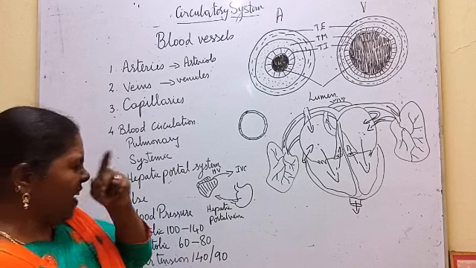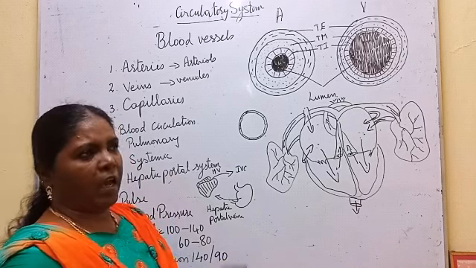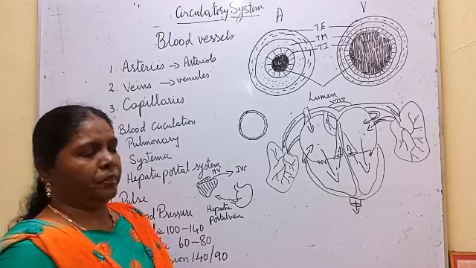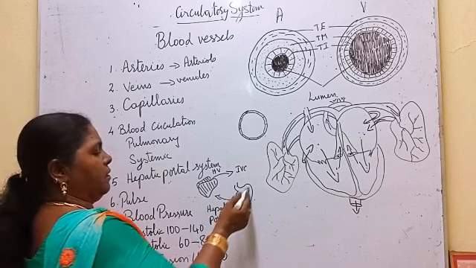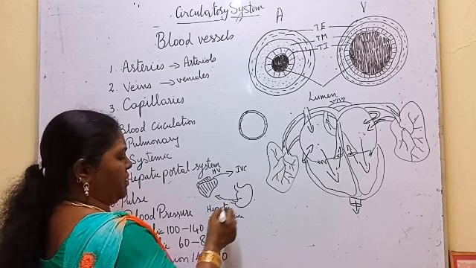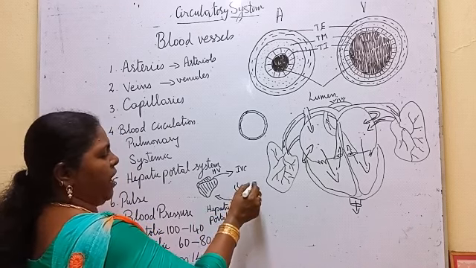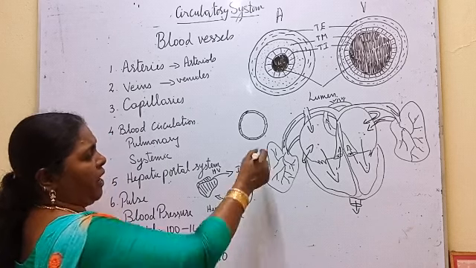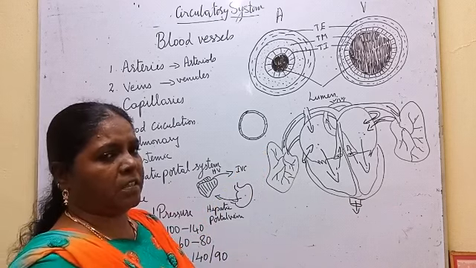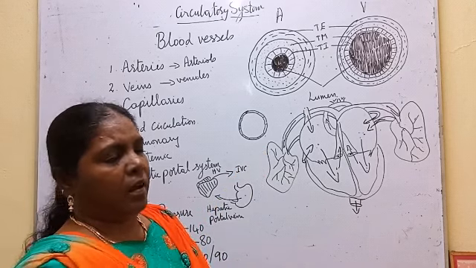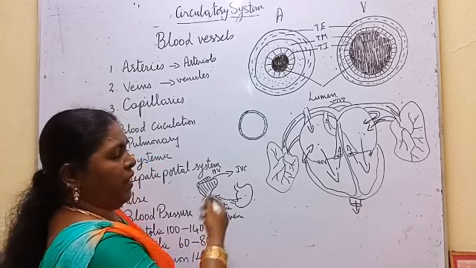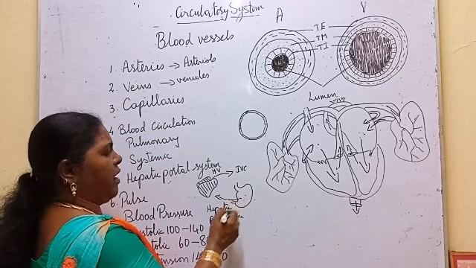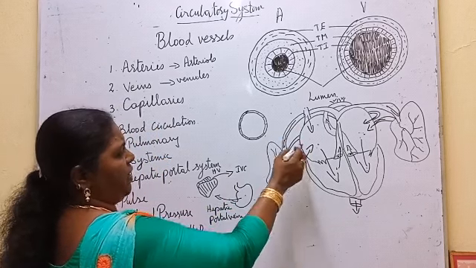Hepatic portal system is connected with the liver. Okay, most of the food stored, especially glucose, is stored in the liver. So what happens? This is the hepatic portal vein, the vein which enters into the stomach. Then straight away it will not take from there. The veins collect all the deoxygenated blood from the different parts, like the renal vein and hepatic portal vein. So here it will not straight away enter into the inferior vena cava.